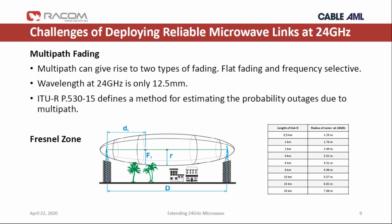So it's an ITU standard that does define a probability for working this outage out. And that's something that when we go through the simulation of the links, we can actually see. An easy way to get a good view of the effect of multipath is with the Fresnel zone. The Fresnel zone, all it is, is shown there as a nice ellipse in the diagram. And the edge of the ellipse, if you imagine a ray from one antenna going down and touching the edge of the ellipse and then reflecting off at that point back to the other antenna,